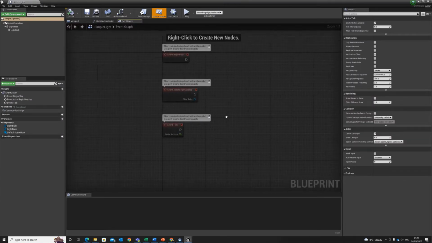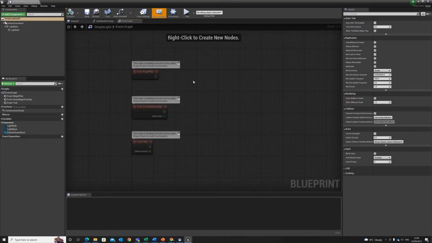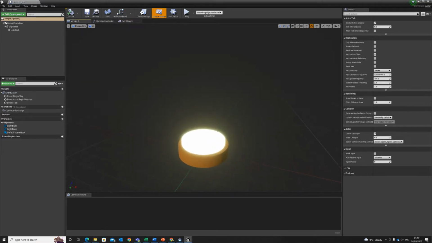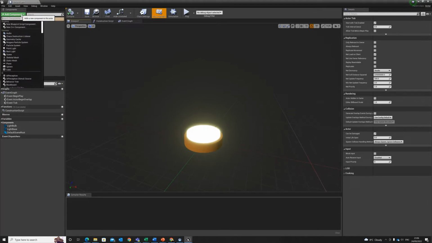Once you open this back up, you'll probably end up in this event graph. Don't worry about this just now. We're not going to code anything on this light, so in the tabs at the top here, click back on the viewport and you'll go back to your actual light here. Now the next thing we're going to add is the light itself. That's going to be added to our scene. So click on add components, and we're going to look for a point light. Again, it's in this common list here at the very top, a point light. So click on that,